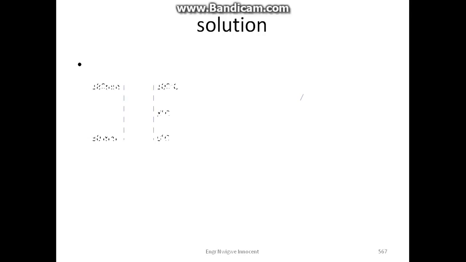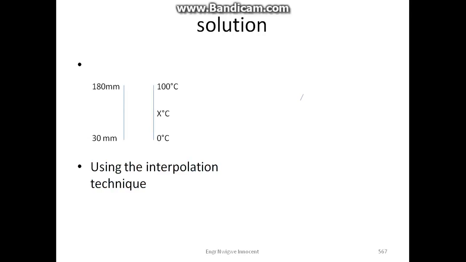Solution. The diagram reads the upper fixed point 180 mm to be 100 degrees Celsius and the lower fixed point 30 mm to be 0 degrees Celsius. The x is the temperature in degrees, which is unknown. Using the interpolation technique, 45, which is the reading,